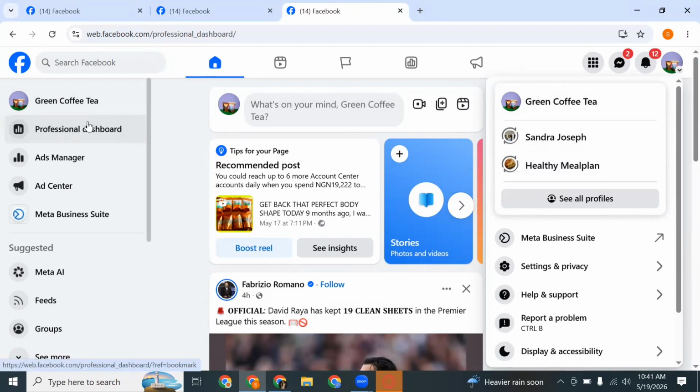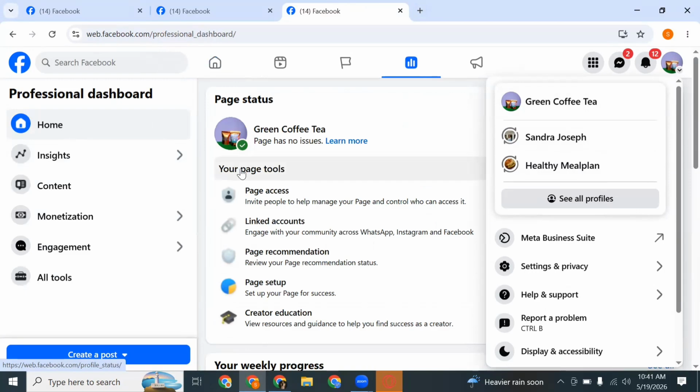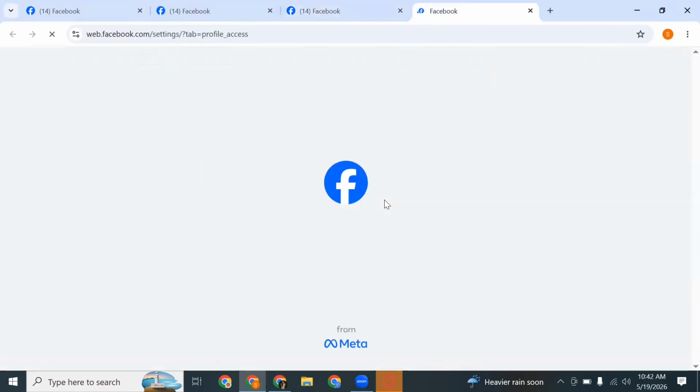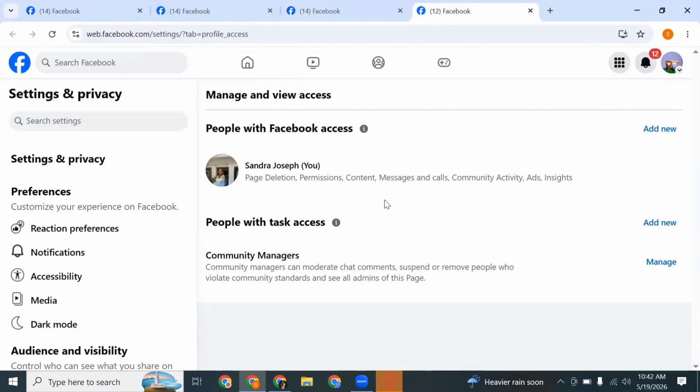So you go to professional mode. When you are in the professional mode, you are going to see this page access. Some interfaces might not show it to you here, it might be around here, but just find a way around to page access. You click on page access,